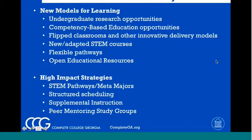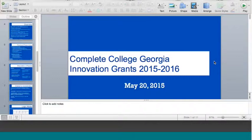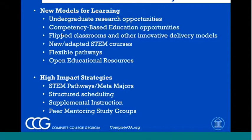So for new models for learning, some examples of those, these are not exhaustive. You might have others that you wish to use, but some examples are undergraduate research opportunities, competency-based education opportunities, flipped classrooms and other innovative delivery models, new adapted STEM courses, flexible pathways, open educational resources. Those are some examples of new models, and that is one of the primary considerations for these STEM